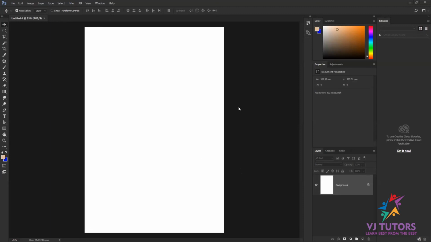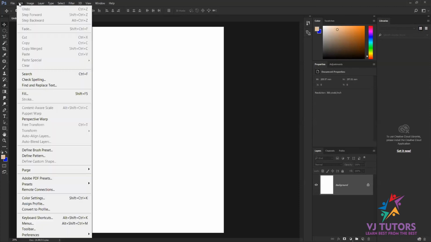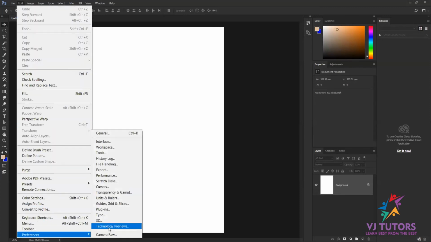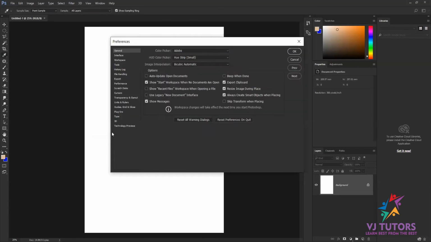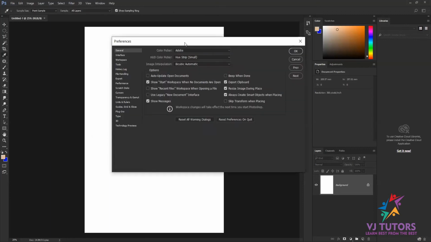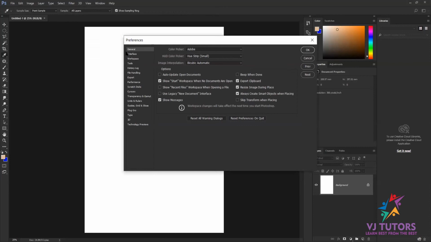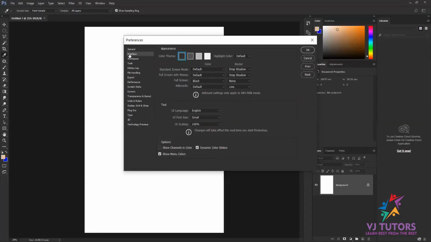For that, I just need to go to the Edit menu. I go to Preferences, and in the Preferences, I'll go to General. In the General, we don't need to change anything. I'll go to the Interface part.